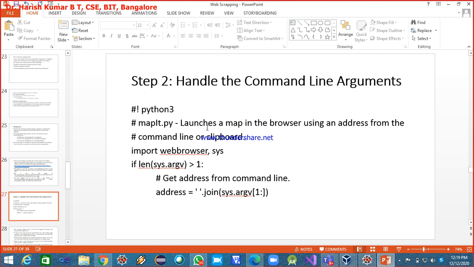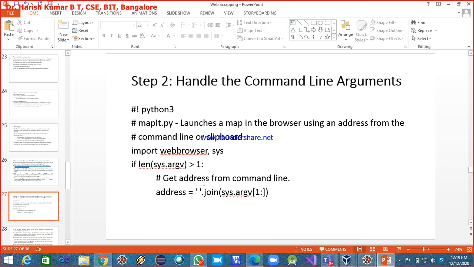Now we'll try to do the same thing by writing our own Python script, which is going to work by taking the command line arguments. Okay. Now the first thing we need to understand is how to make a Python script accept the command line arguments. So the name of the program is mapit.py. I'm importing webbrowser, because I have to open the maps URL, right? So webbrowser is required, and then to accept the command line arguments we require the module sys. Okay. Now both of them are imported, and I'm checking.